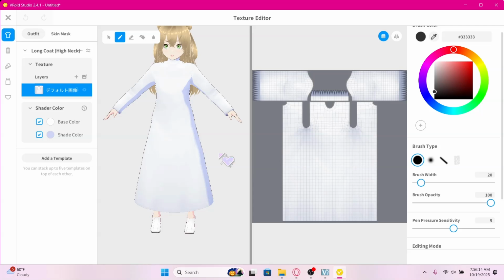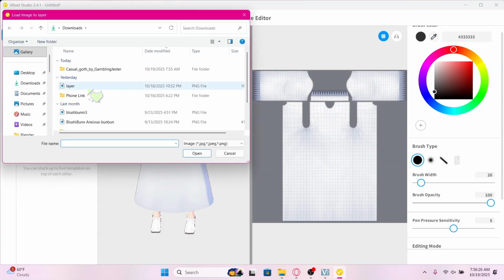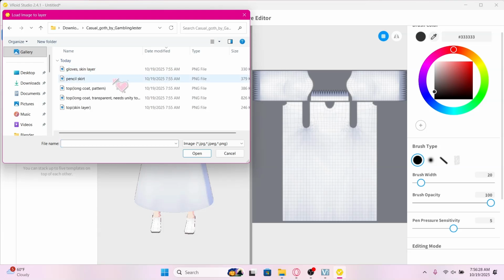Like a lot of times I use Ibis Paint on my phone. It's free. It's a great drawing app and everything like that, and it's great for editing textures and stuff like that. But anyways, you go to import, and then you want to go,